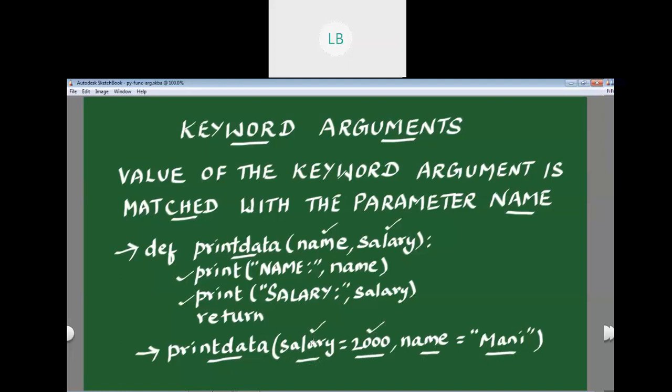In this you can see, children, name is the first parameter, salary is the second one. Here I'm giving the value for salary first, then I'm assigning name. So you can understand from this, we can also have arguments in improper order. It is not in order because it is identified by the parameter name.